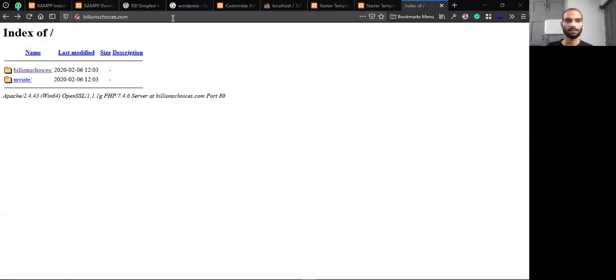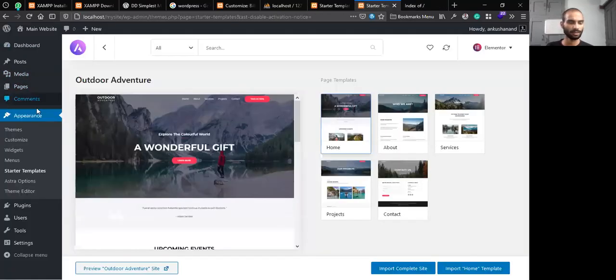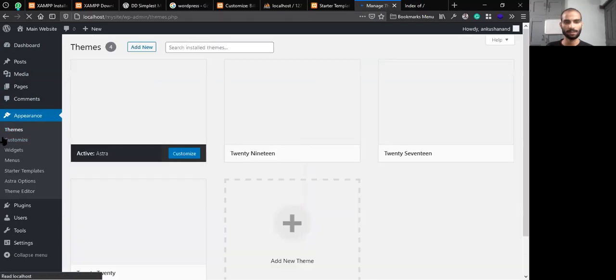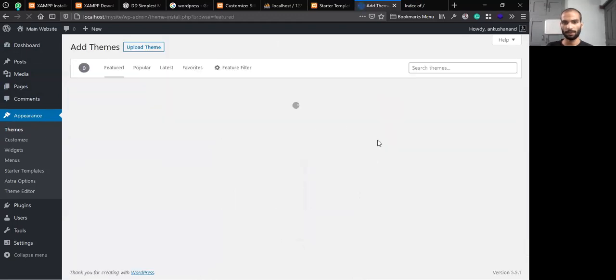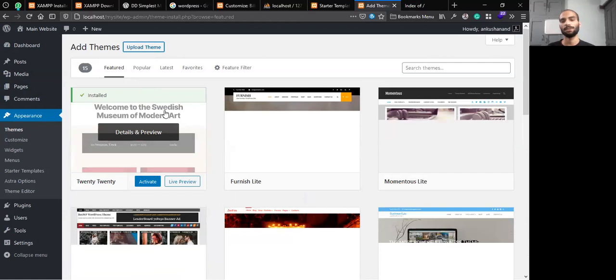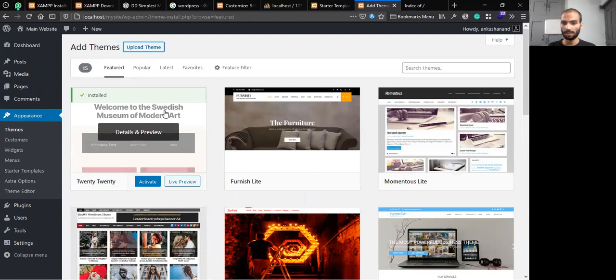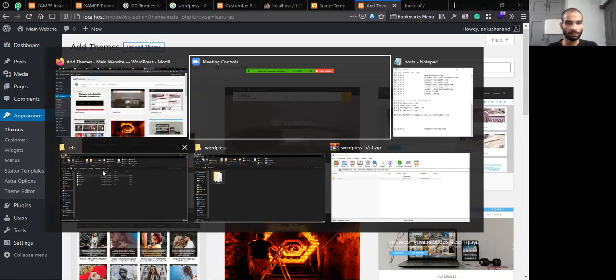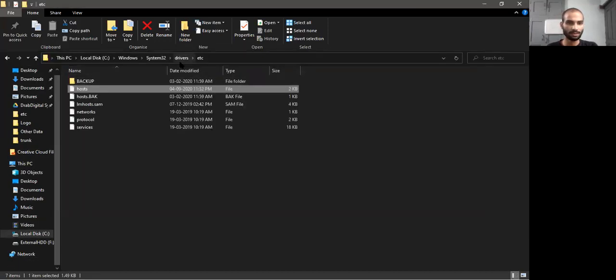So changing theme and plugin is very easy, no need to worry about that. It's as I told you, you have to just go to the themes. You can do it normally. Like if I want to add a new theme, I can go and install any theme, or I can upload the theme. So changing theme, installing new plugins, and everything will be the same. There will be no need to do anything else. The other thing that I told about the installation through the folder, that was a different stuff that is not actually needed.